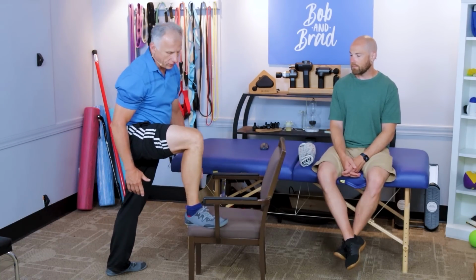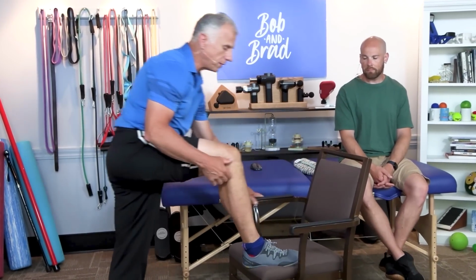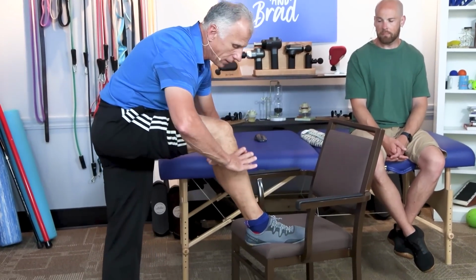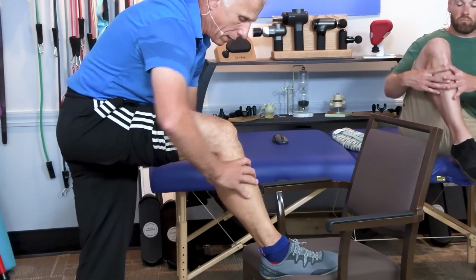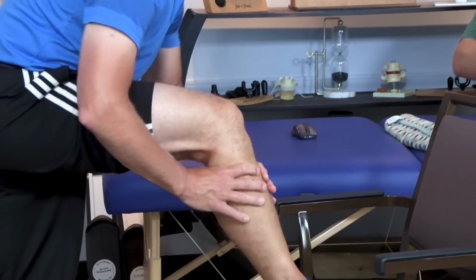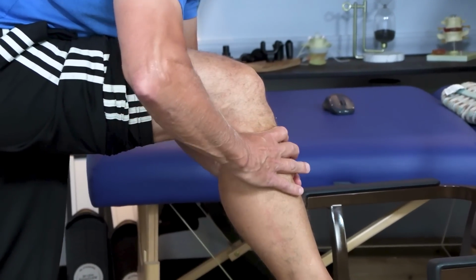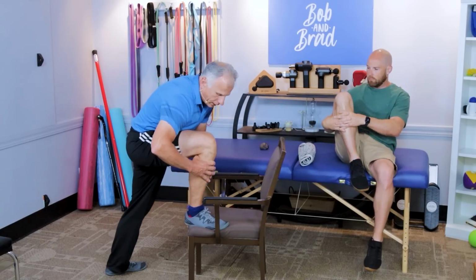And then I'm gonna go like this to that point where it's a little painful. And we wanna see if we can get to that normal range of motion. Okay, so what I'm gonna do is actually grab below the knee and we're gonna get a hold of that tibia. Now we got a lot of soft tissue that kind of moves. So it's not as easy as it was with Sam. So I'm gonna grab in tight, hold it there,